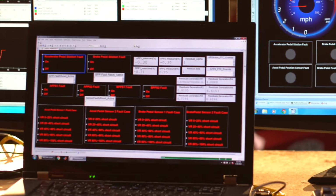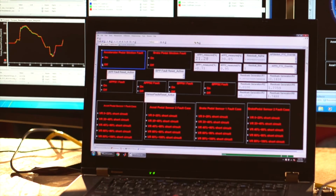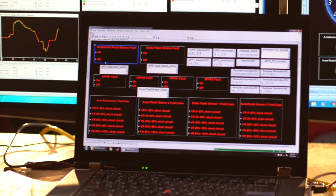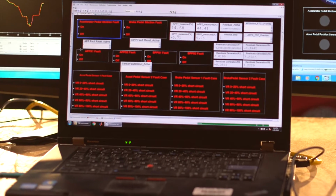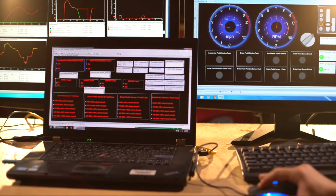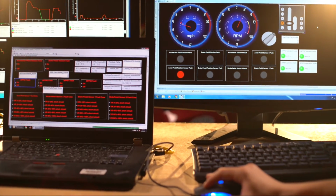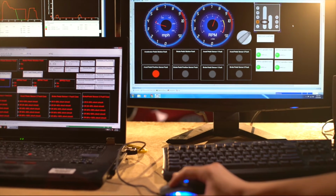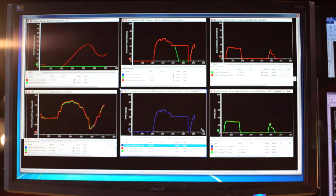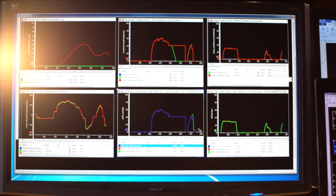Next, we will show you sensor fault detection and isolation. We consider the case where the characteristic of accelerator pedal position sensor 1 changes due to a short circuit fault in the variable resistance at 0 to 20% position inside the APPS1 circuit. As can be seen, the light corresponding to the accelerator pedal position sensor faults immediately turns on, meaning an APP sensor fault is detected. However, before the brake pedal is pressed, the controller has not isolated which one of the